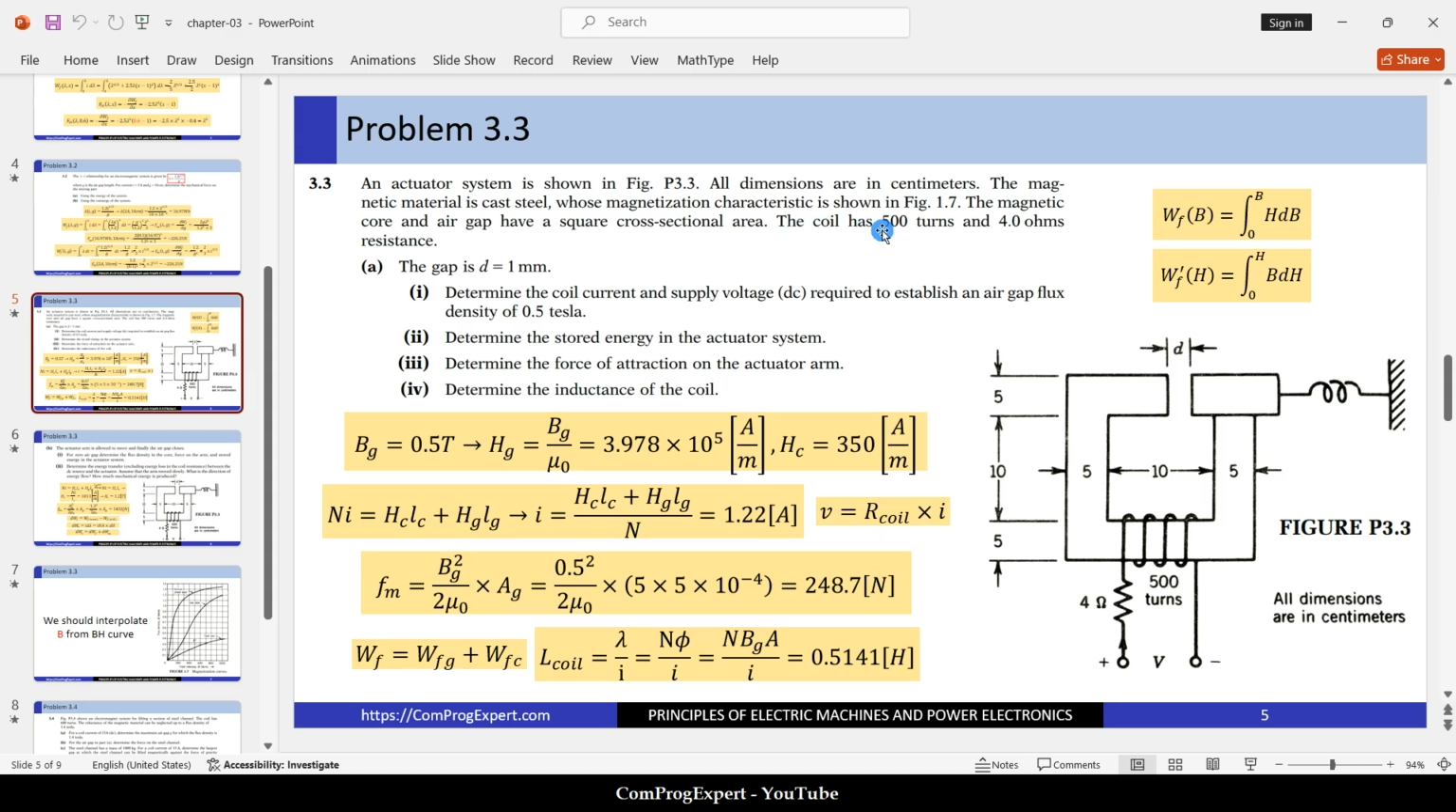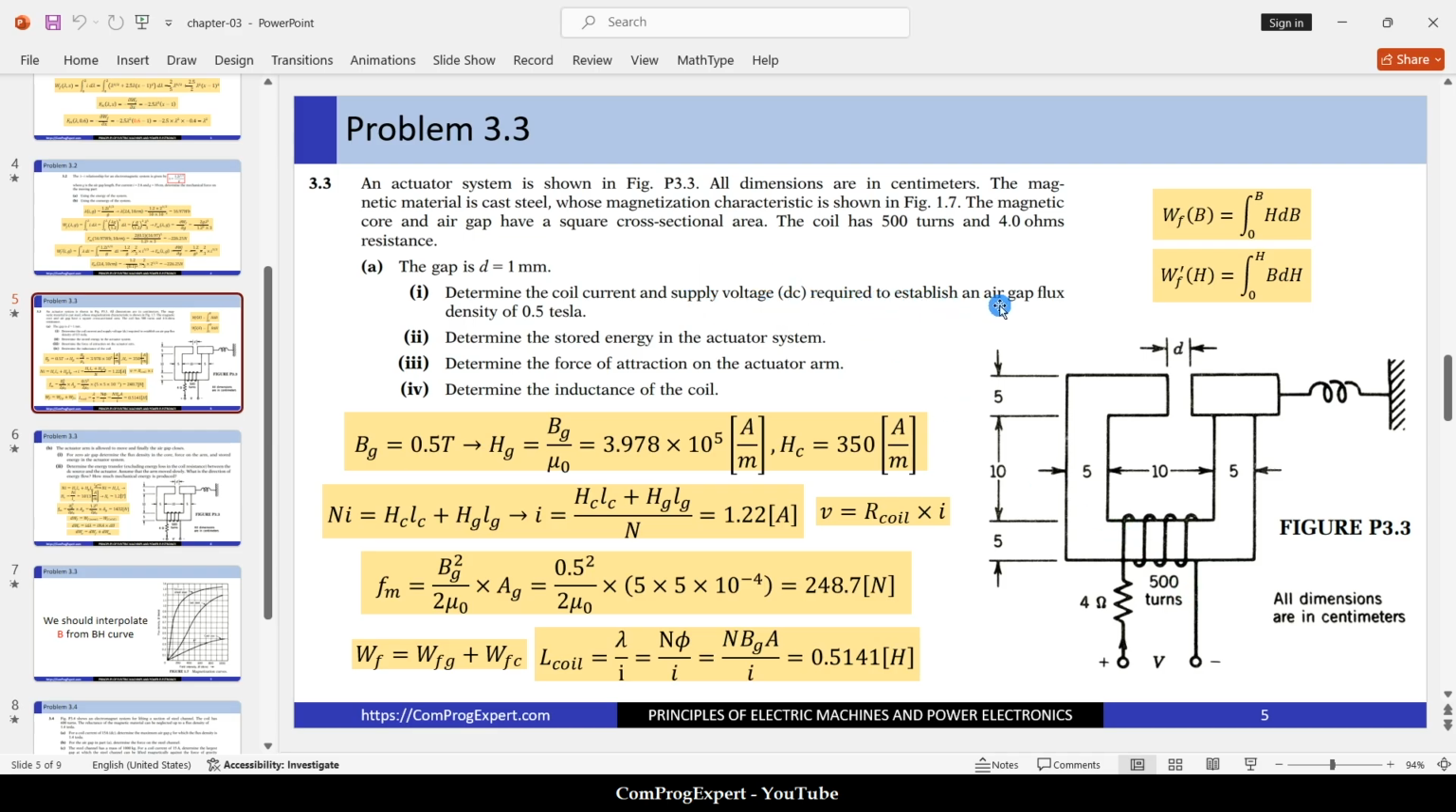The coil has 500 turns and 4 ohms resistance. The number of turns and the resistance of the coil are also given here. A. The air gap is 1 millimeter. So if the length of the air gap is 1 millimeter, determine the coil current and DC supply voltage required